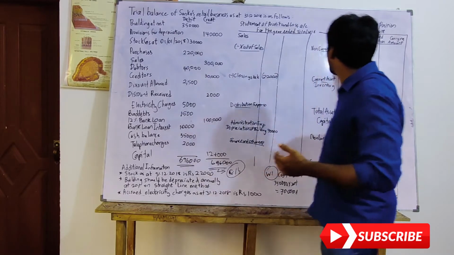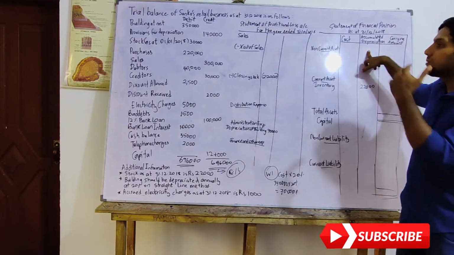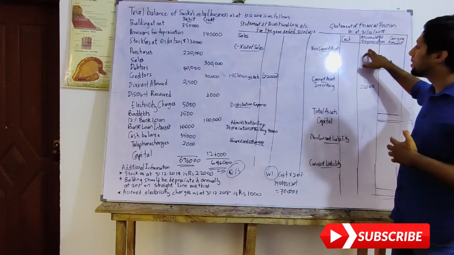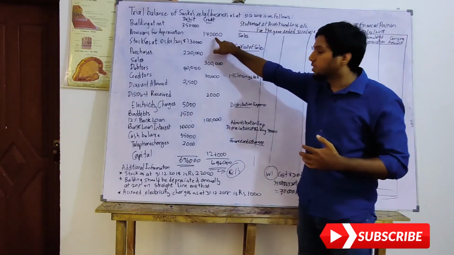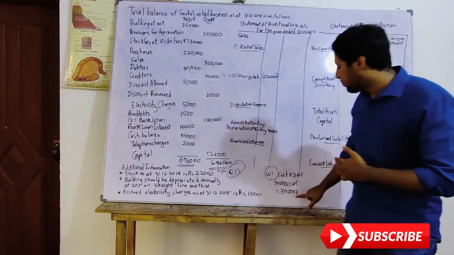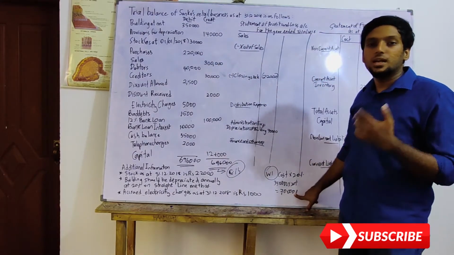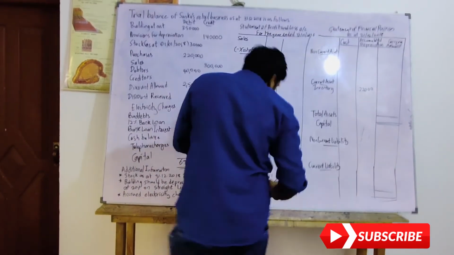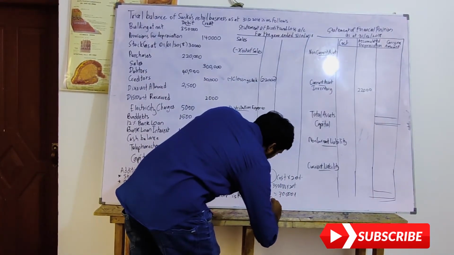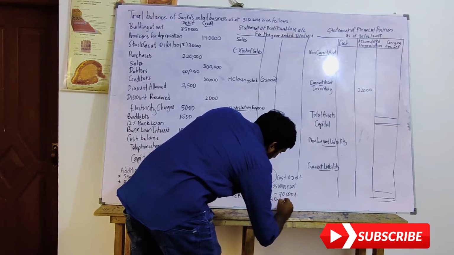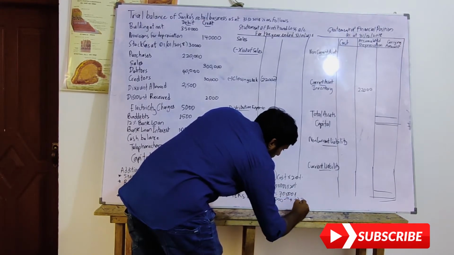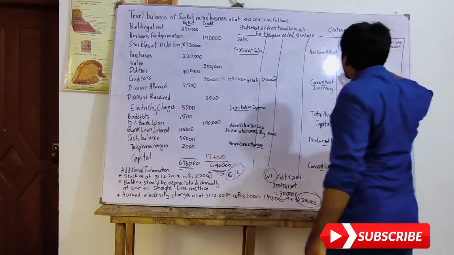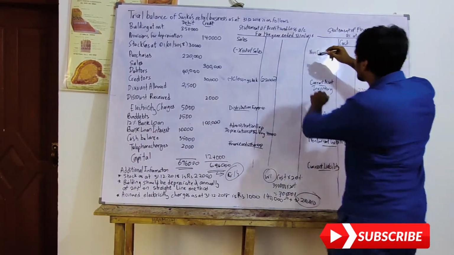When I take the accumulated depreciation, I should take the provision for depreciation and add it to the current year depreciation, and only then find the accumulated depreciation. Now provision for depreciation is 140,000, depreciation is 70,000. So what is my actual provision for depreciation this year? It's very easy. 140,000 plus this 70,000 will get me 210,000. So I'm going to take this 210,000 under non-current assets, accumulated depreciation under the term building.